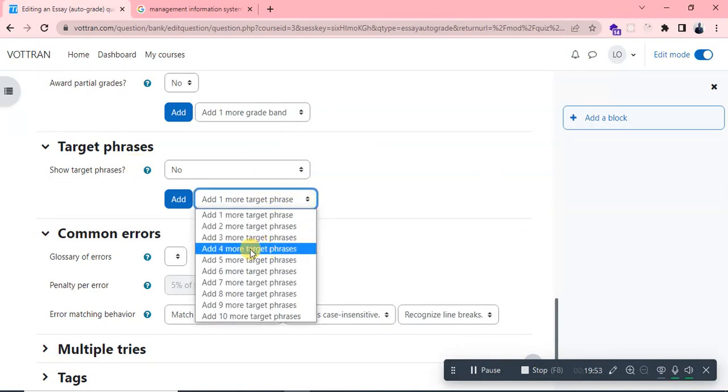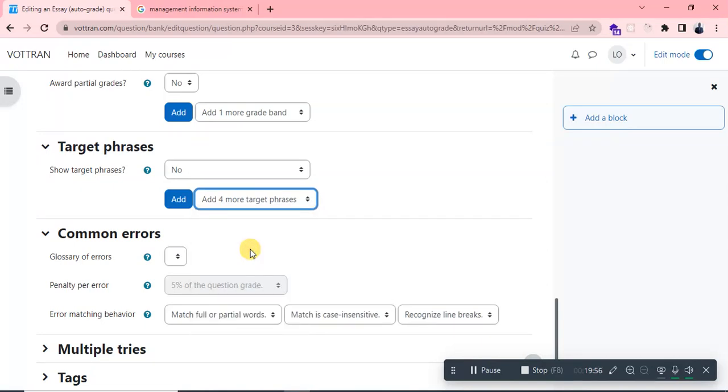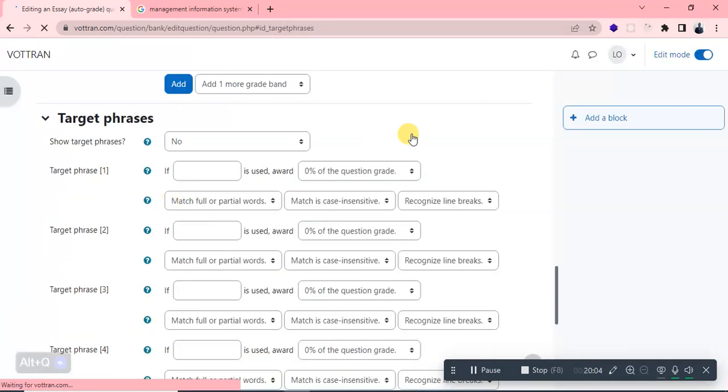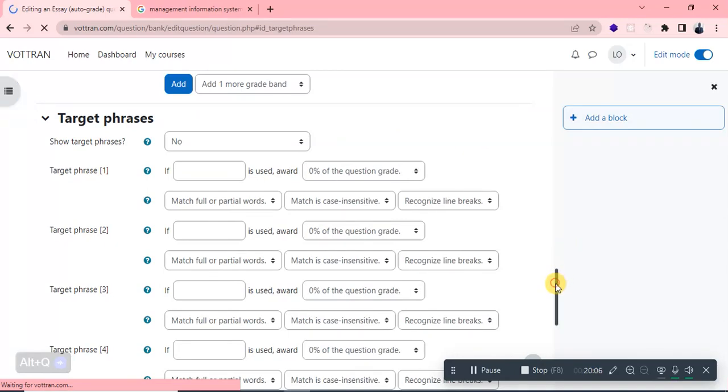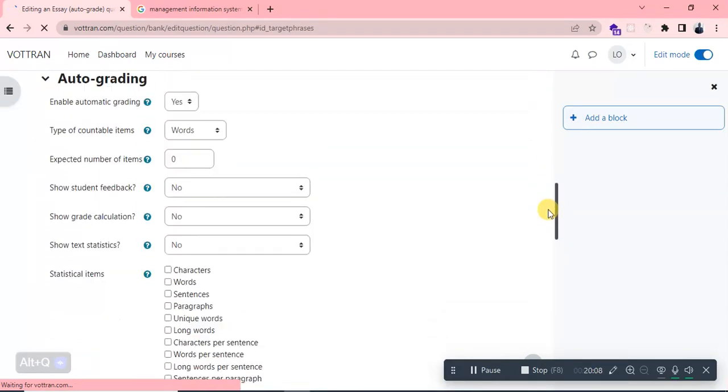Let me say I want to add 4 target phrases. I will click on add. So the system will create some fields for me to add these target phrases. What are these target phrases? Now let me go back to the